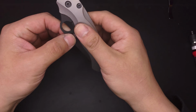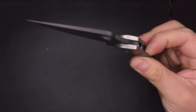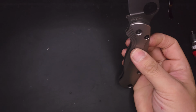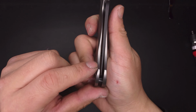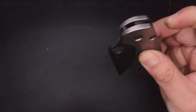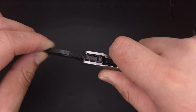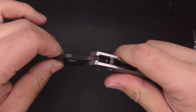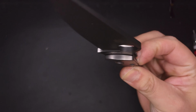So when you do get it back together, the first thing that you're going to want to check is how the action feels. And you want to see if you're getting the kind of drop that you're looking for. So here we are not. But we're centered. So those are really the three things you want to look for. You want to look for the drop, then you want to look for how much lock or how much blade play you're getting, so your lockup, and then you want to look at your centering. So right now we're hitting on 2 out of 3. We have good centering and we have a good lockup, a very strong lockup, but the pivot is just a little bit tighter than we would like. So that means we can loosen it,